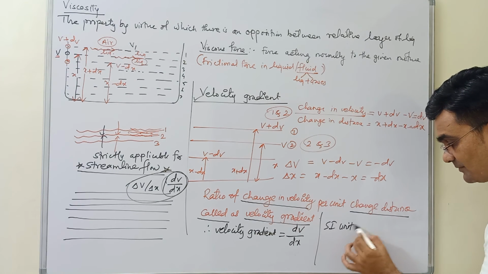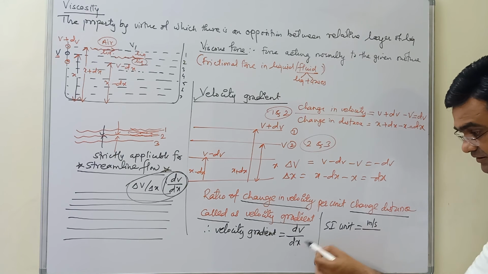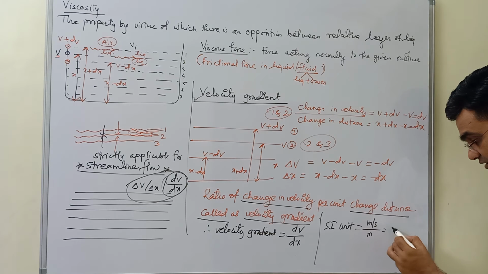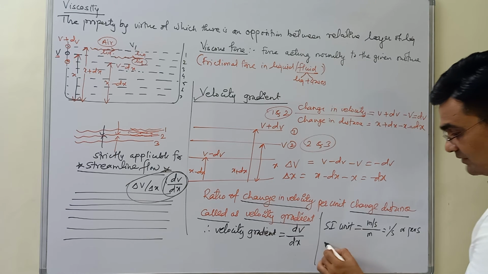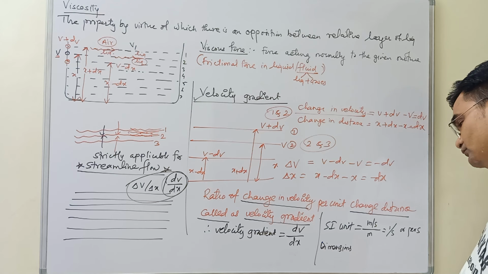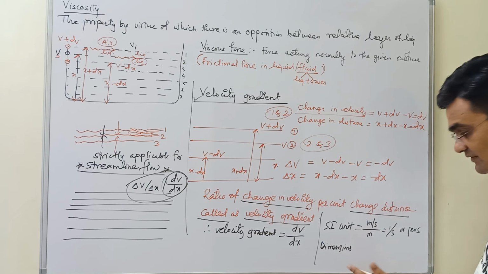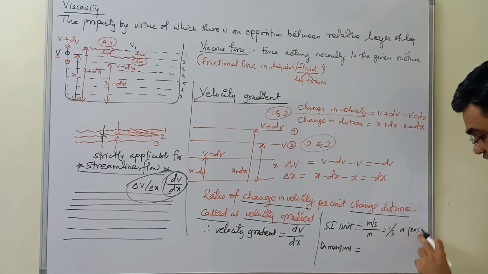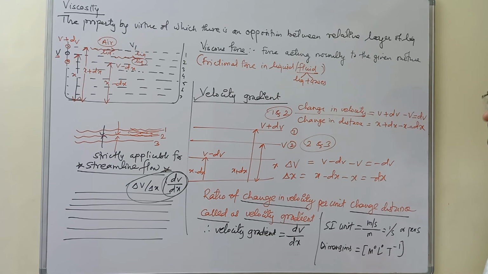So what will be the SI unit? Just check out, it's very simple. Velocity means what? Meter per second divided by distance means meter. So it will be 1 upon second or per second. Okay. What will be the dimensions then? Meter per second upon meter. Meter gets cancelled, only second will remain. Dimensions will be what? Only time is there. So 1 upon time means M0, L0 and T minus 1 will be the dimensions of